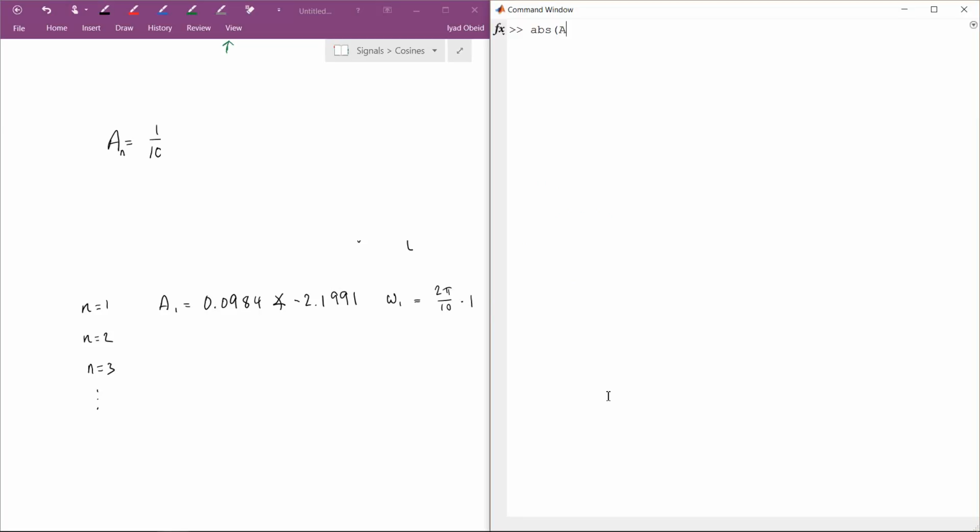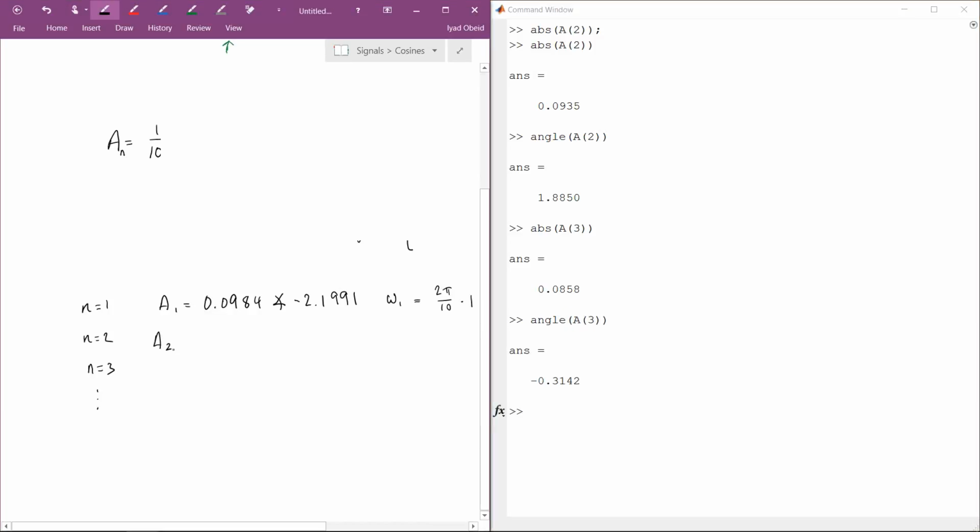Let's take the absolute value of a of 2, the angle of a of 2, the absolute value of a of 3, and the angle of a of 3. Okay, so here we have A2 equals, where am I? I lost my place. 0.0935,